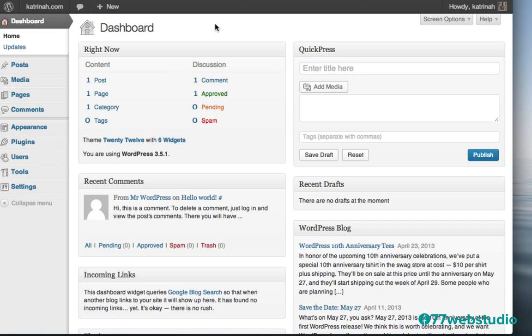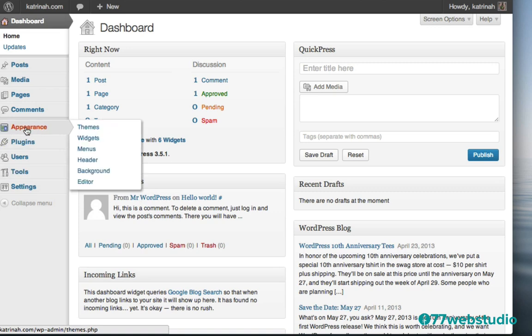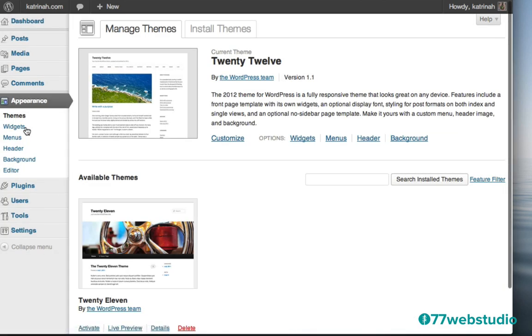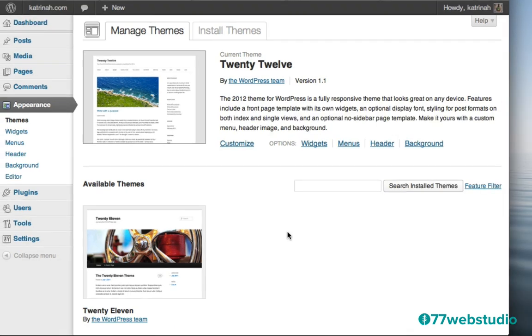For the moment, the first step we want to take is we want to change the theme of the website. So to do that, on the left-hand side, the first step here is you want to click on Appearance. And here we're on the Manage Theme screen. So notice that the current theme is a 2012 theme. This is the theme that comes with your WordPress installation. So the first thing we need to do is we need to install the premium theme from WooThemes called Burrow into our WordPress website. So we need to switch the theme out from the 2012 theme to the Burrow theme.